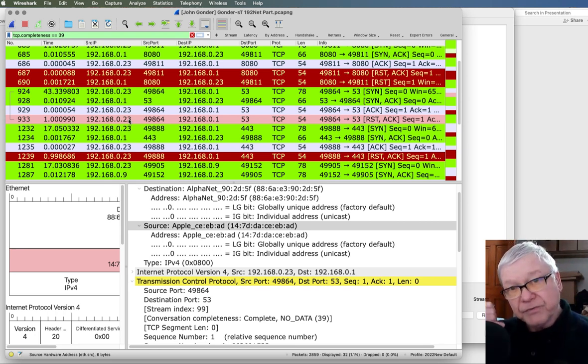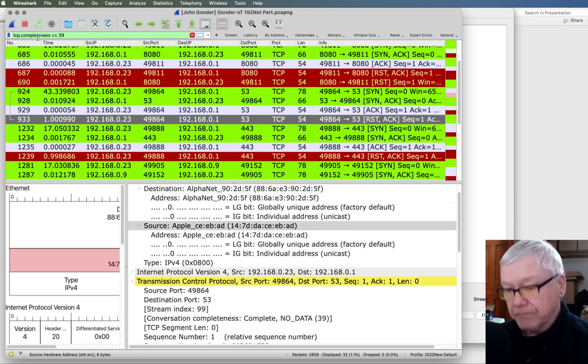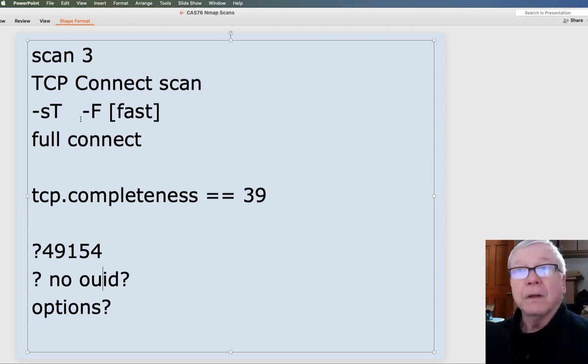They get a busy signal. So there we go. There's three scans.